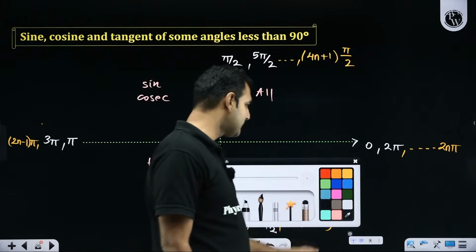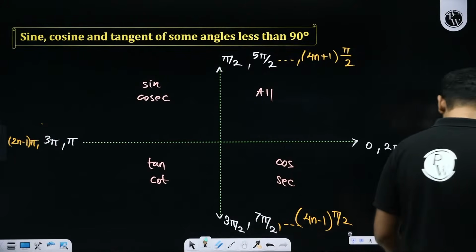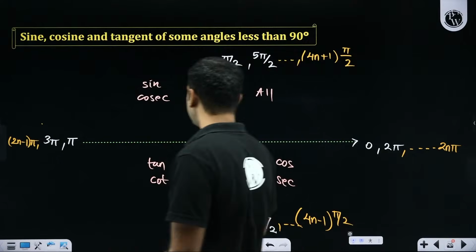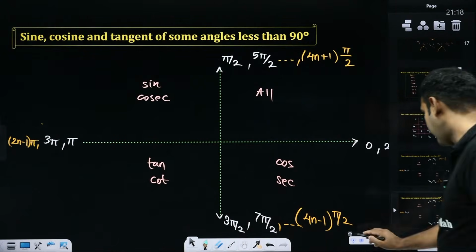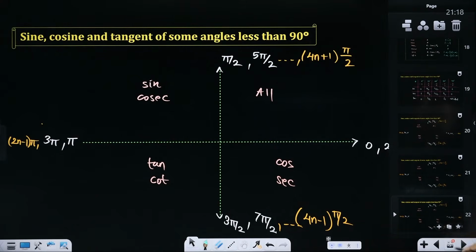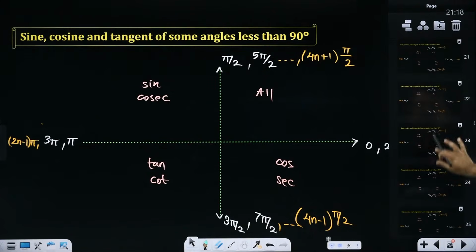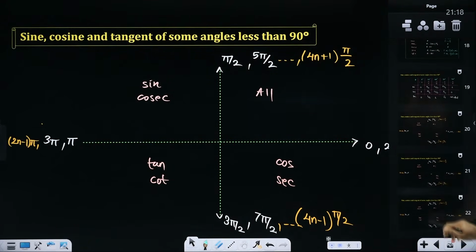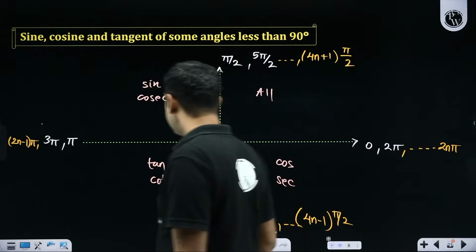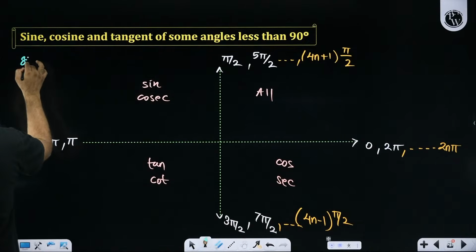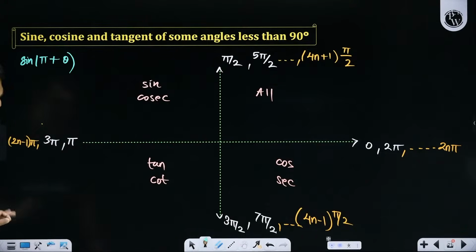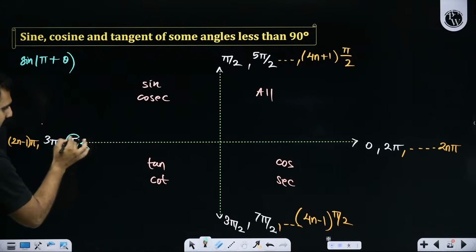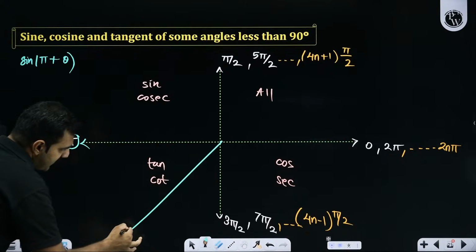Okay, sir, we get it. But how do we utilize this table? What do we do with this? Okay, let me try and help you with some data. Let's say if I were to ask you certain values. I'll begin with this page. Pay attention, everyone. Let's say if I ask you, what do you think sine pi plus theta could be? Plus theta if I do,